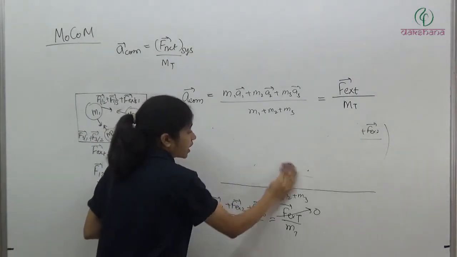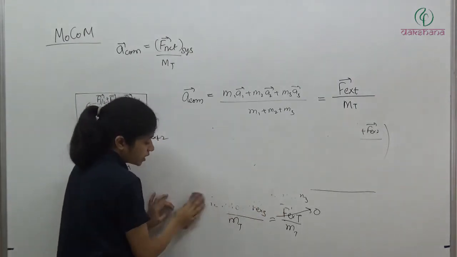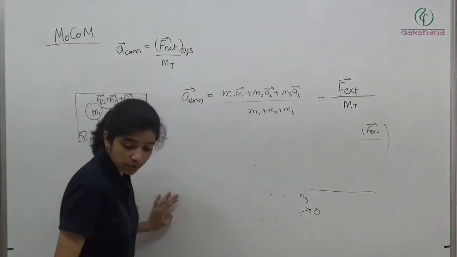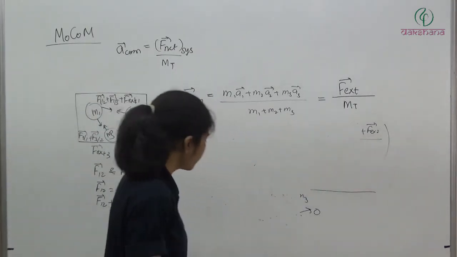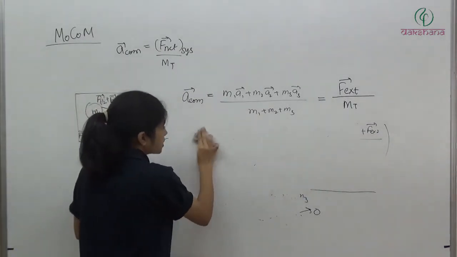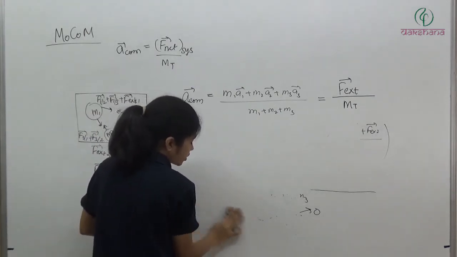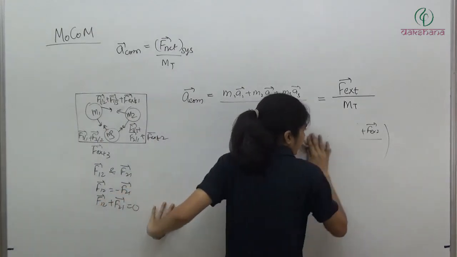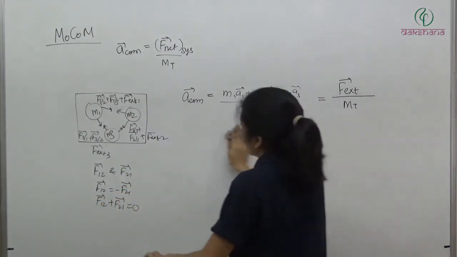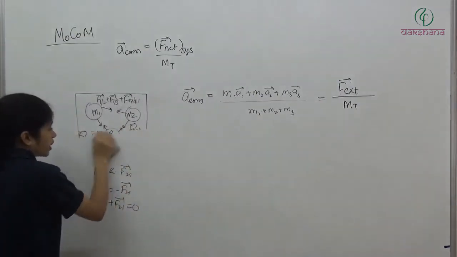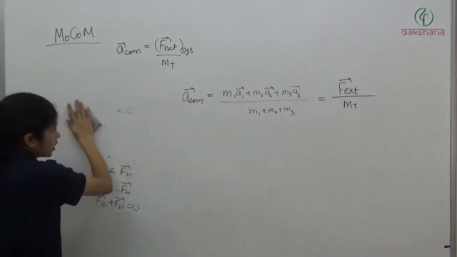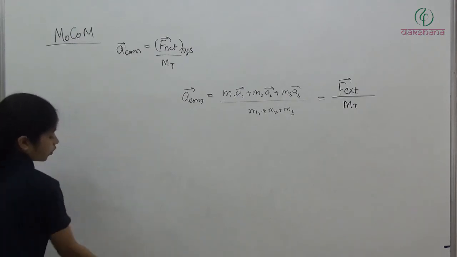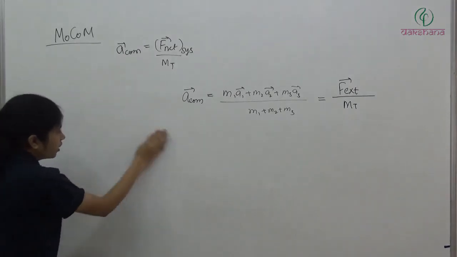So basically हमने क्या देखा कि center of mass का जब आप acceleration find out करोगे, you will see कि सिस्टम क्या है, हमने सिस्टम क्या लिया है, आप उसको ध्यान से देखेंगे. And then if there is an external force, then the center of mass will get accelerated. And if the external force is 0, center of mass is not going to get accelerated. So center of mass का जो acceleration है, it completely depends on the net external force. Particles एक दूसरे पे क्या force लगा रहे हैं internally, what is the interaction between them, उस पे center of mass का acceleration depend करने वाला नहीं है.